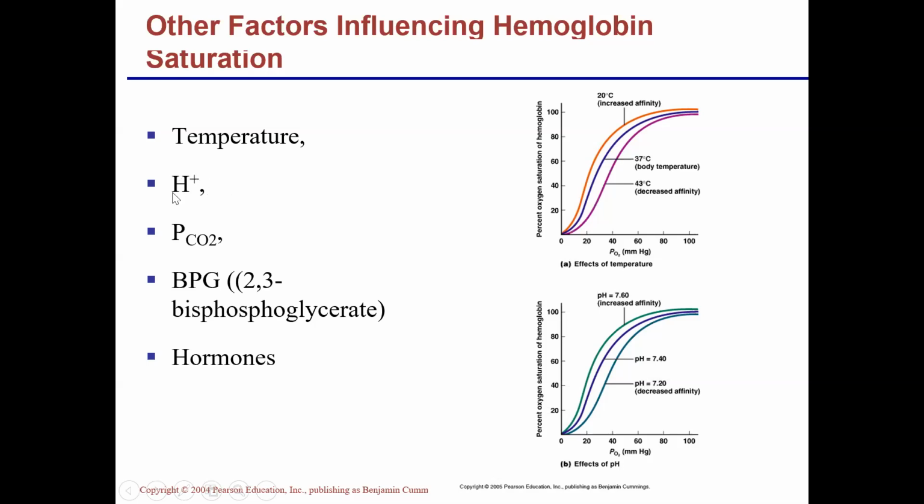Increase CO2, generate more hydrogen ions, then you have a lower pH, right? So increase CO2, increase hydrogen ion concentration, lower pH, and the curve is going to shift to the